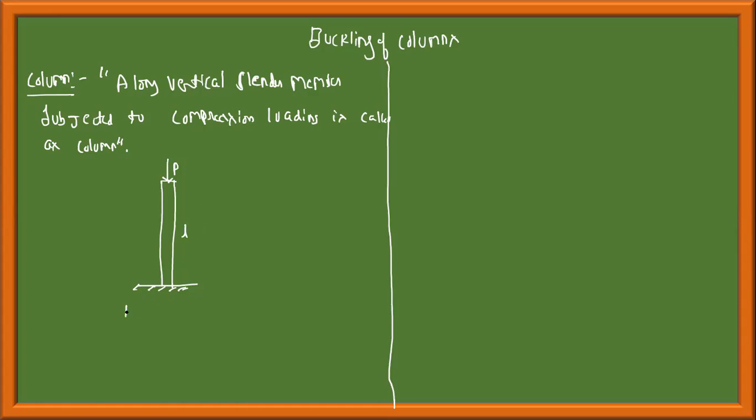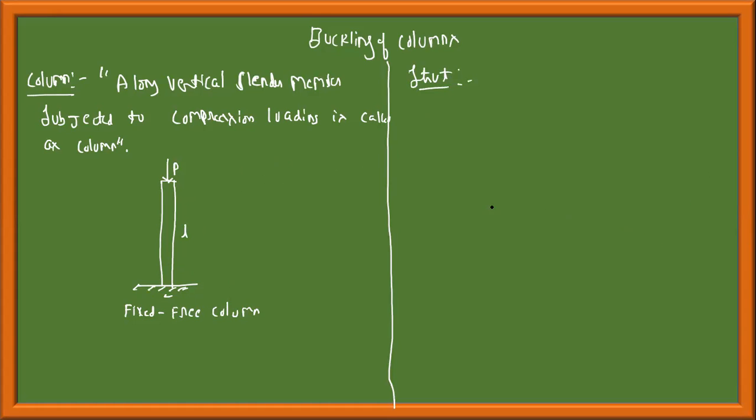This one is fixed at one end and free at the other end, a fixed-free column. We'll discuss this later. But a long slender member, it should be long and slender, subjected to compression loading, is called a column. Whereas when we talk about a strut,